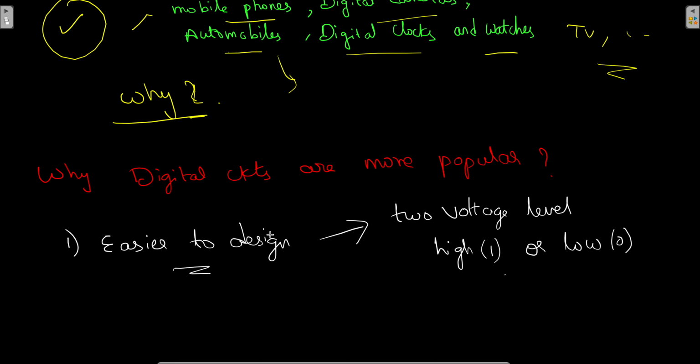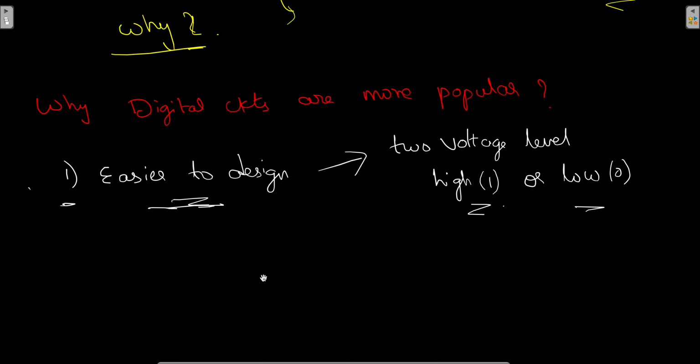For analog circuits, infinite values will be possible. For this, we have to check whether it is high or low. Based on that, the designing of the circuit will be easier compared to analog circuits. That's why we are preferring digital circuits. And secondly,